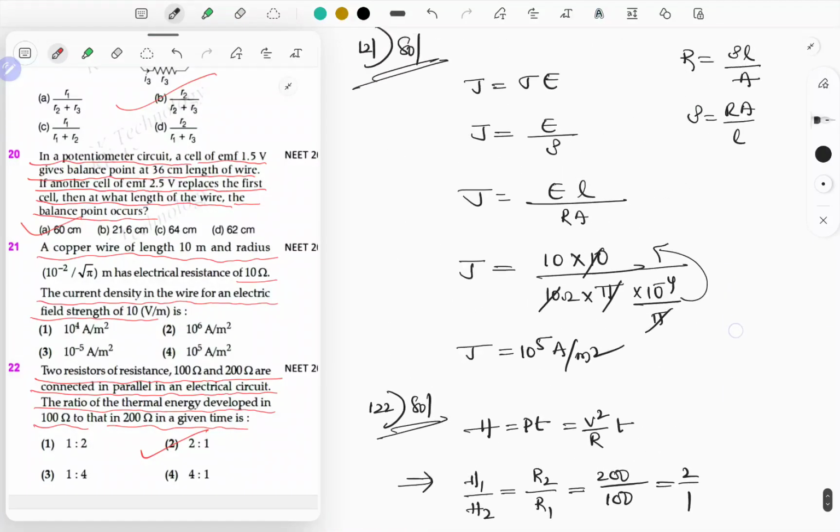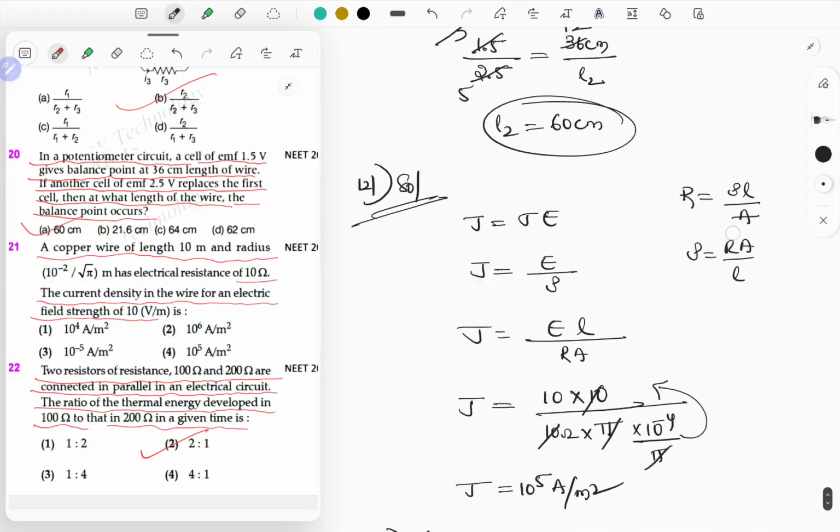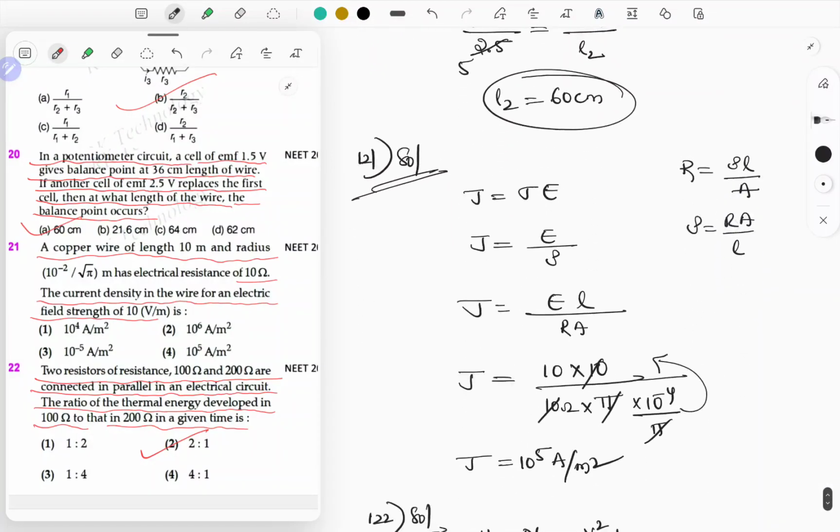Okay, so these are the numericals based on the current electricity chapter. As soon as possible, I am going to upload numericals based on moving charges and